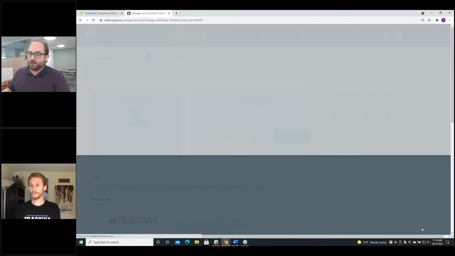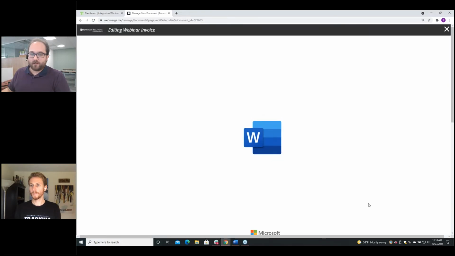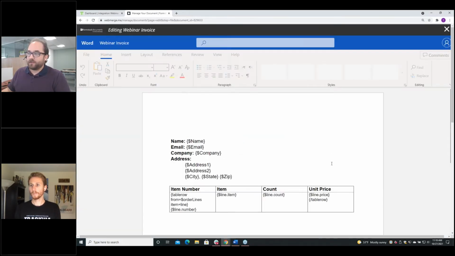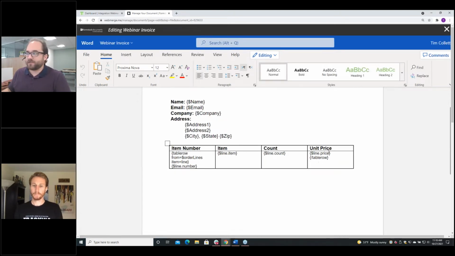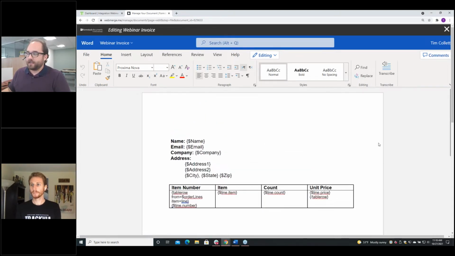It has a nice Word interface that will open up for you if you need to make any tweaks to it. So you don't have to keep uploading it over and over if you find that you have to make some adjustments to your file. They make it very easy. Now notice that my letterhead on the background isn't visible here. They do hide that in the editor, so don't worry if your letterhead disappears.